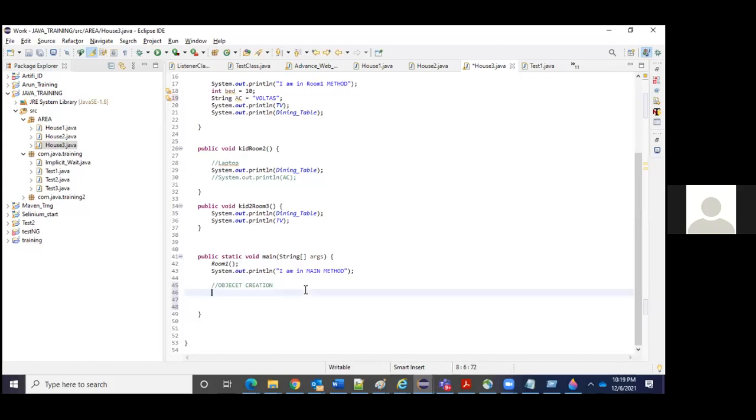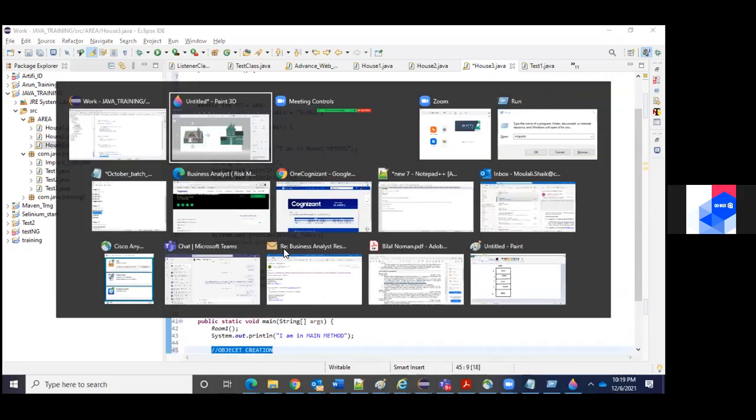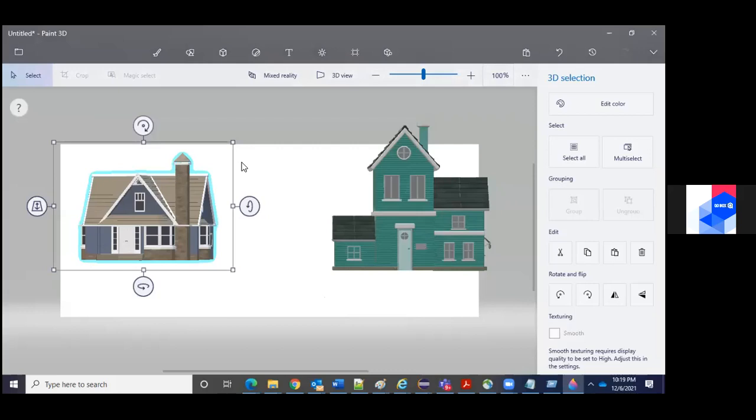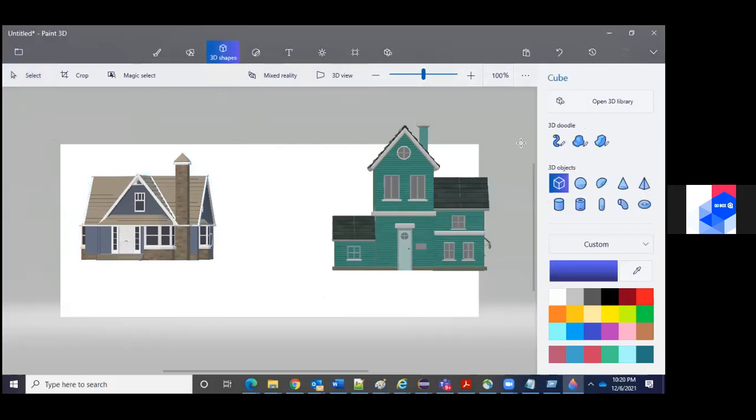Now we'll understand one more new concept called object creation. That means when you want to go inside the house, you can create a bridge so that you are able to go inside the house.